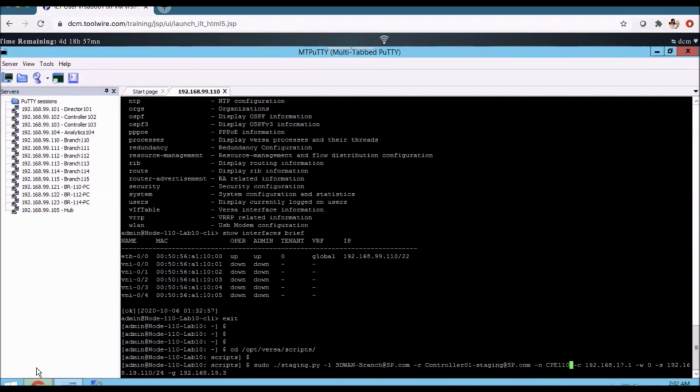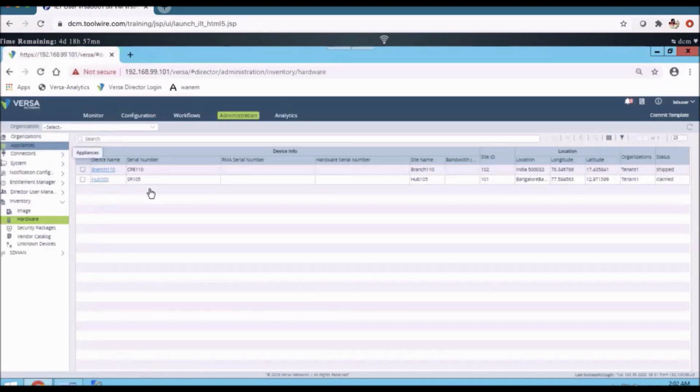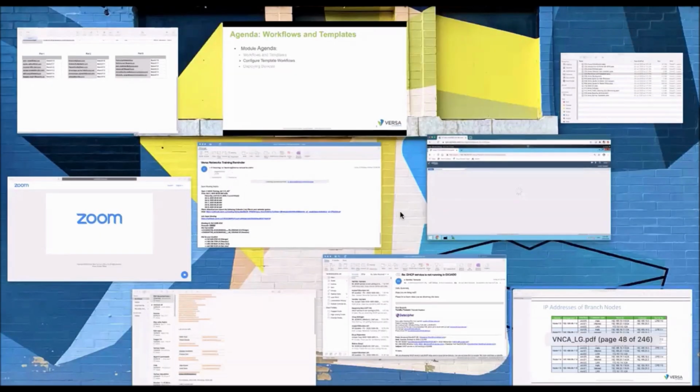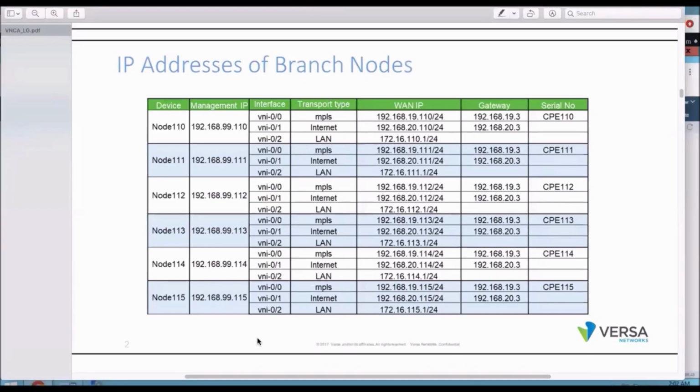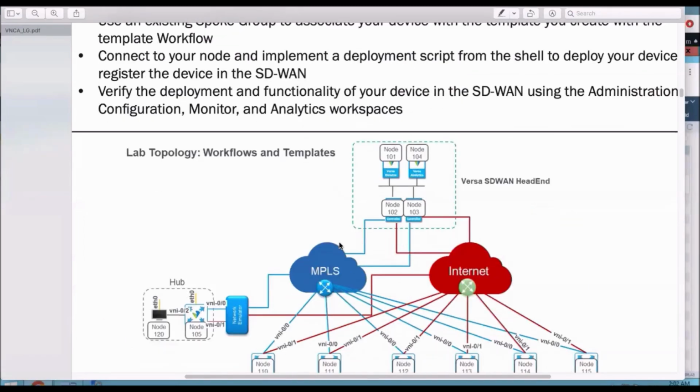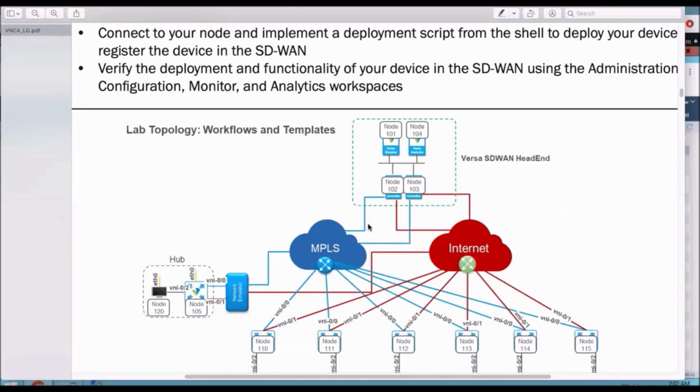Okay, I'm taking access to the controller. So here I'm selecting one of the controllers. If you look at the diagram, we have controller 1, controller 2. So this is the branch. I can onboard with controller 1 or I can onboard with controller 2, because I have connectivity for both the controllers. Now I want to onboard with controller 1.